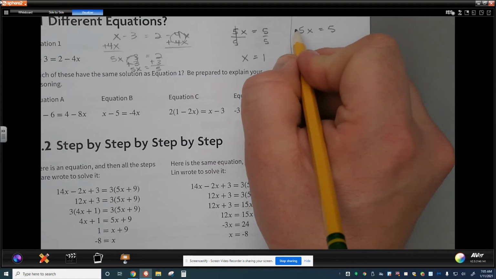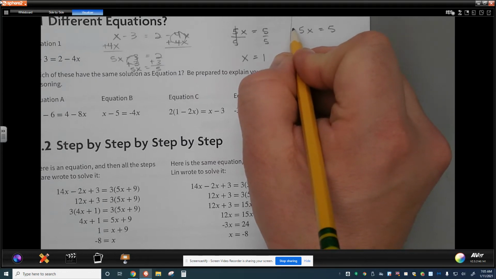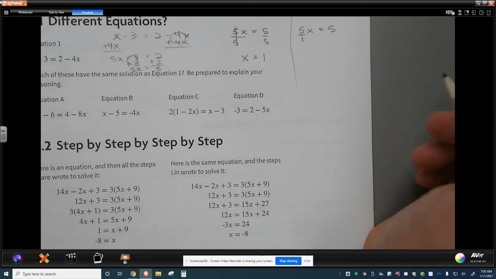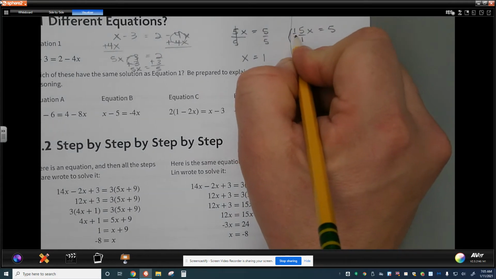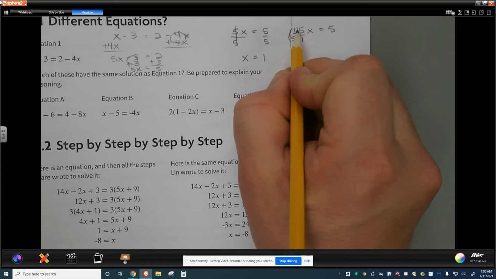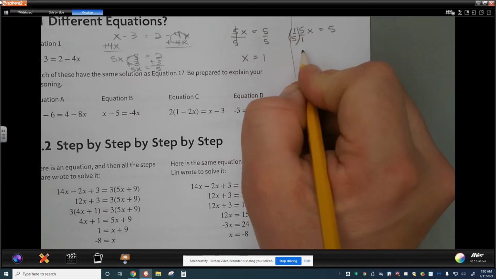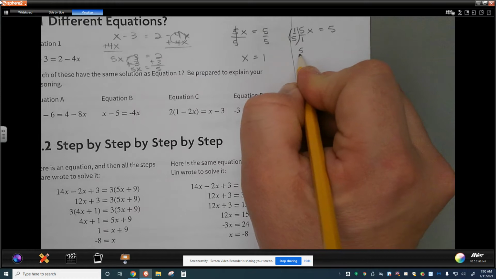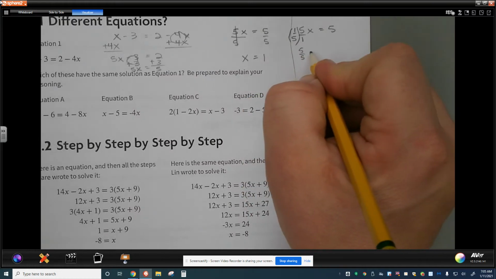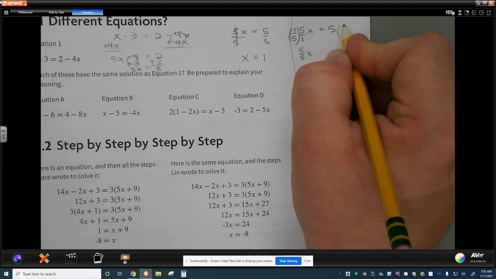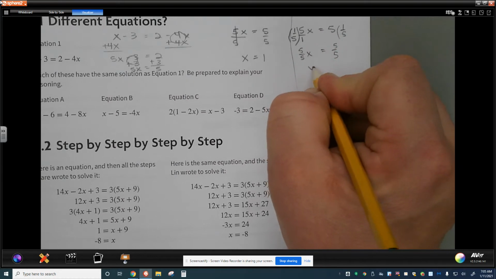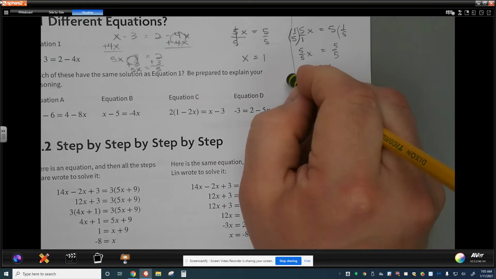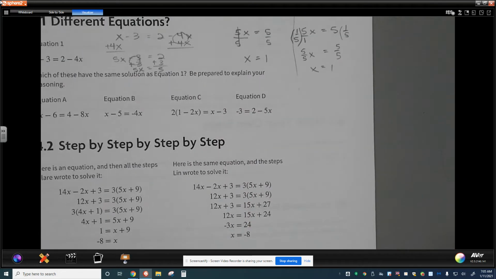Another option is we can multiply by the reciprocal. We know that the reciprocal is when we take a fraction and we turn it over to be an inverted version of it. And then what we see is the same thing. 1 times 5 is 5. 5 times 1 is 5. And then I take the reciprocal of 5 on the other side. I get the exact same outcome of 5/5, or I just know x is equal to 1. Okay, that'll come in handy, especially when we're dealing with